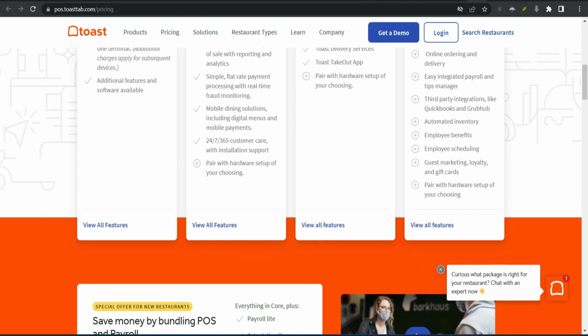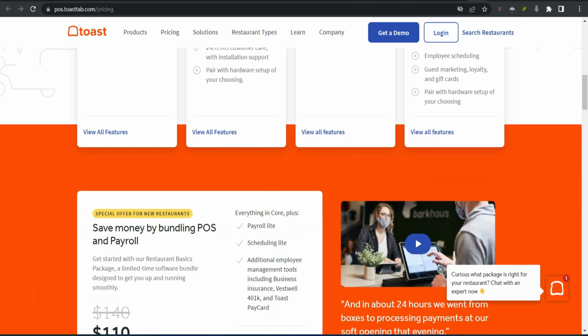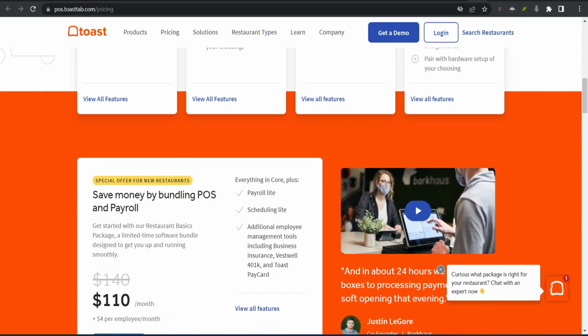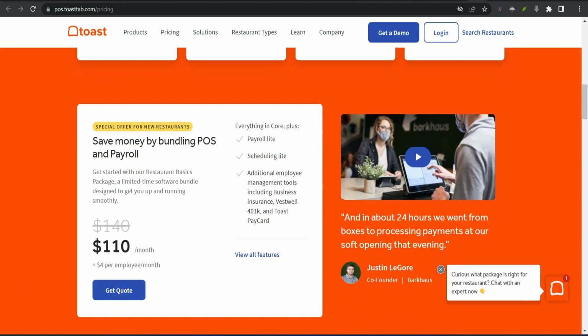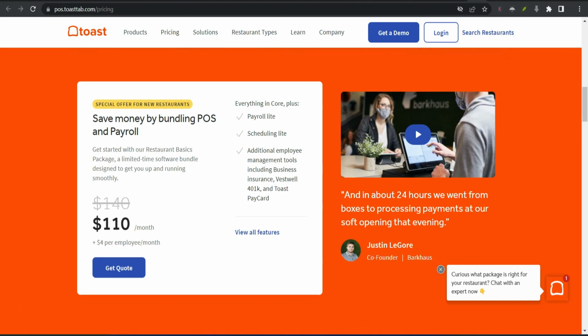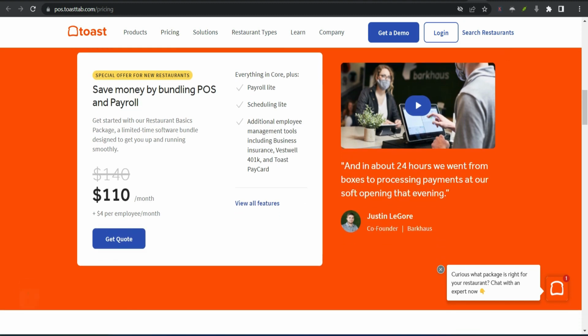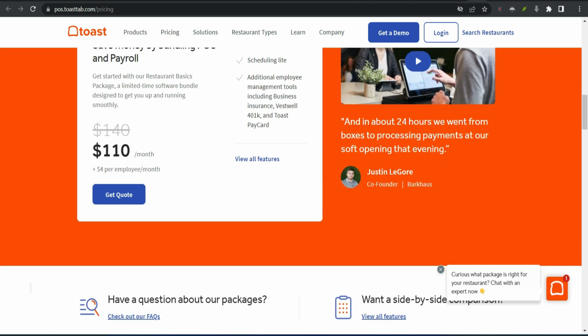G2's method of user reviews tends to offer a more balanced portrayal of the software, and Toast boasts a score of 4.3 out of 5 on this site. While Toast does have an offline mode, it's not as comprehensive as some of its competitors. For example, it doesn't allow you to process payments offline, which means that you could lose out on sales if your internet connection goes down and a card ends up declined when you try to run it when the internet